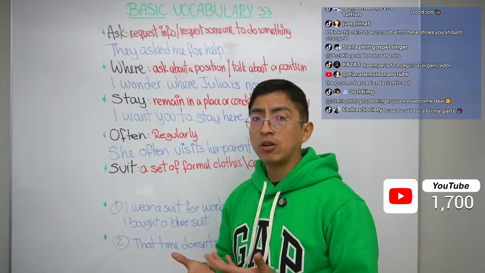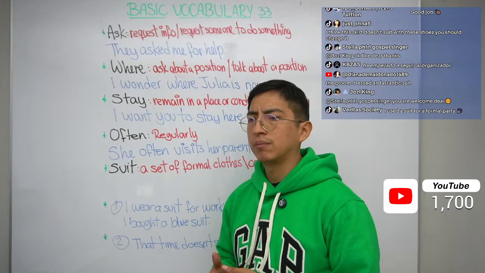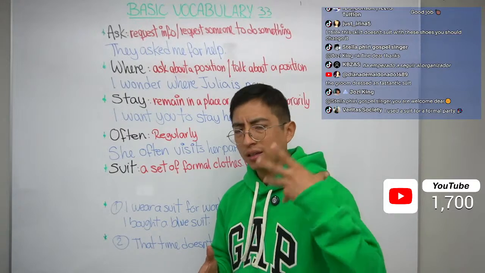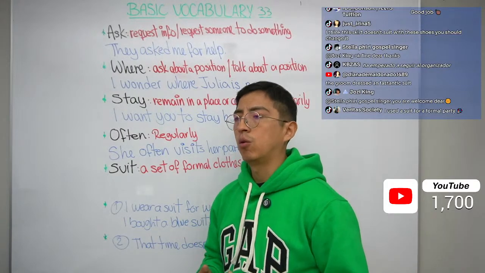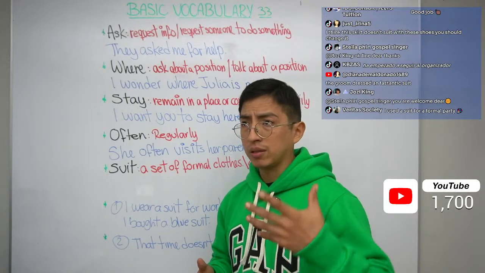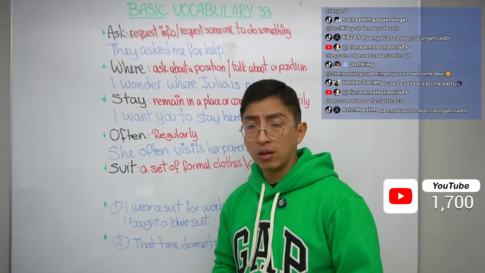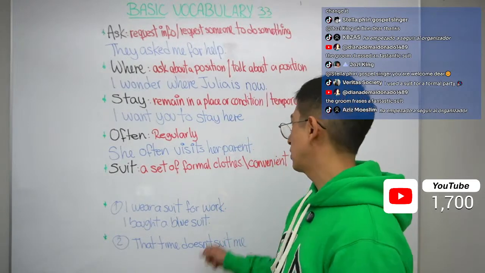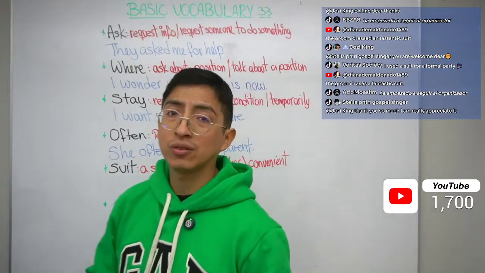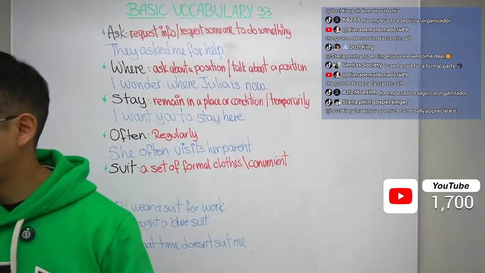Ok, puedes usarlo para colores también, ¿no? That color suits you well. ¿No? Ese color te queda muy bien. O ese estilo también puede decirlo, ¿no? Ese estilo te queda muy bien. That style suits you well. Entonces, lo usamos para algo que es conveniente. Muy bien, ese es el segundo uso que algunos todavía lo desconocían, por ejemplo.